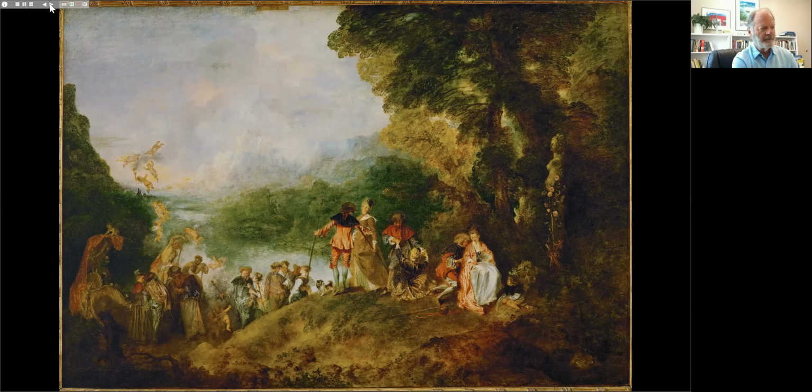It's entitled A Pilgrimage to Cythera. Now, Cythera was the island in mythology that was sacred to Venus. And we see a statue here on the right-hand side, the bust of a female figure attached to an architectural base. This is called a herm. The figure is presumably Venus. So there are references to mythology.